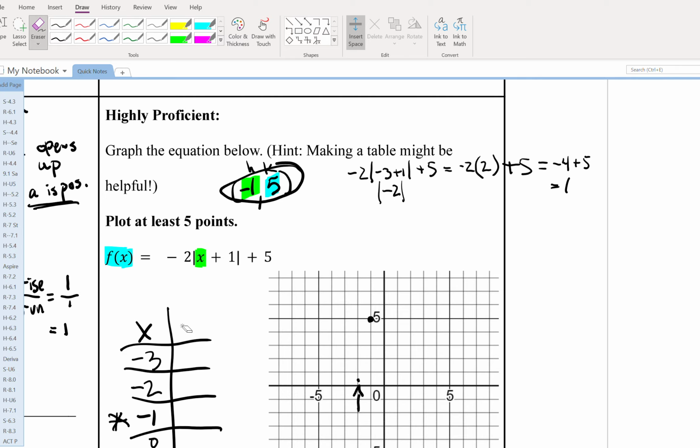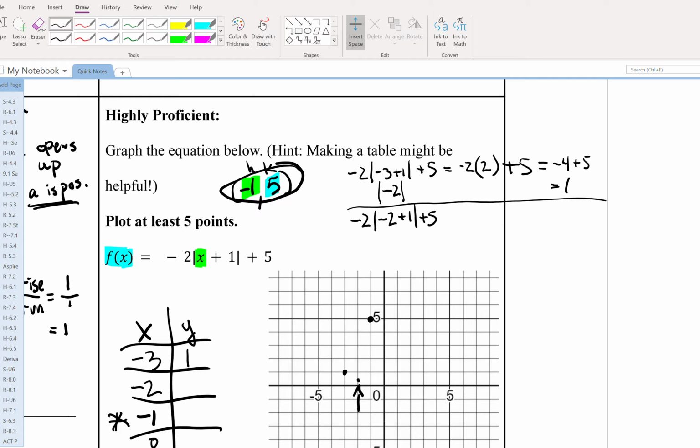So when x is negative 3, y is 1. I'm just going to plug that in here. Negative 3, I'm at 1. See if that makes sense here. From there, I'm going to go to negative 1. Negative 2 times negative 2 plus 1